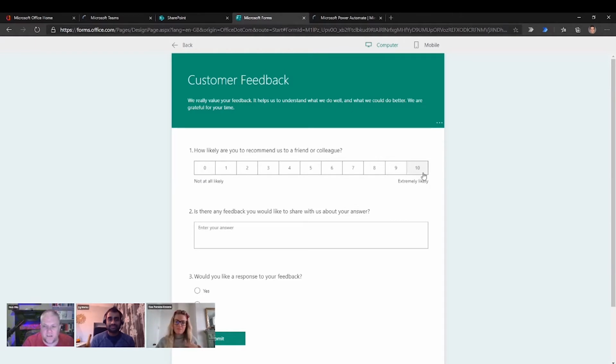10 is extremely likely, and it breaks down into what they call detractors, which is 0 to 6, people that are kind of actively bad for your reputation. Neutrals, 7 and 8, who are people who are doing nothing either way, and then 9 and 10 are your promoters. So you want people over on the right hand side. So let's say that we've got a neutral person, and we're going to say 8. And hopefully they're going to give you a bit of